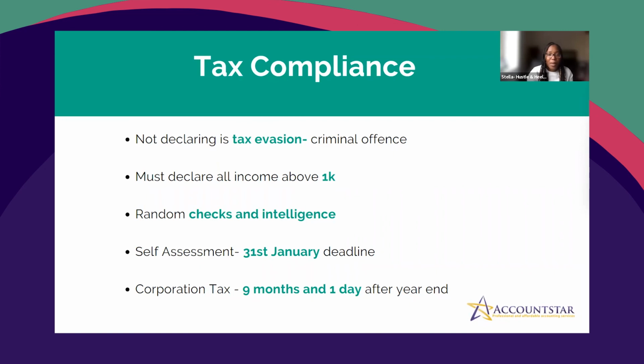Corporation tax is due 9 months and 1 day after your year end. Normally your year end is based on when you registered your company at Companies House. So if you registered your company, as I mentioned before, say in August, your following year end will be the end of July the following year, and then you would have to submit and pay your corporation tax 9 months after the year end. In both of these instances, even if there's no tax to pay, you still have to do tax returns and submit them, or you will get fines and penalties